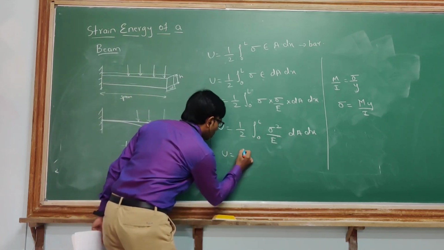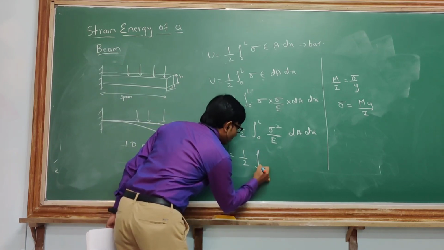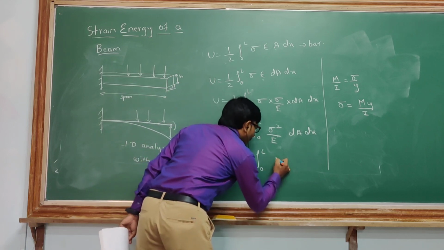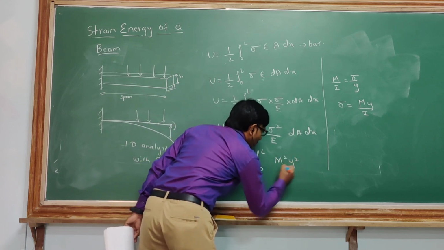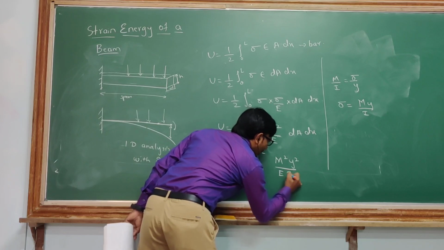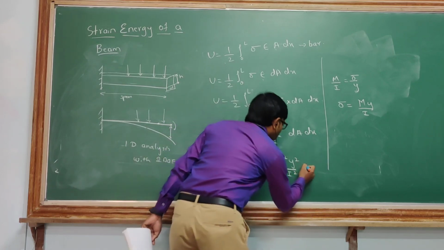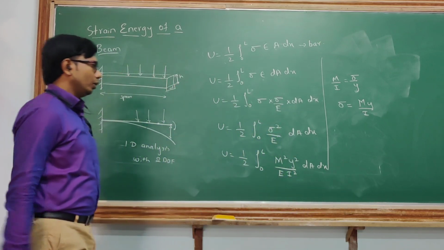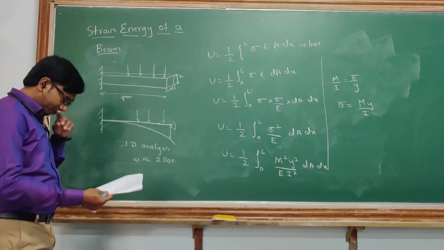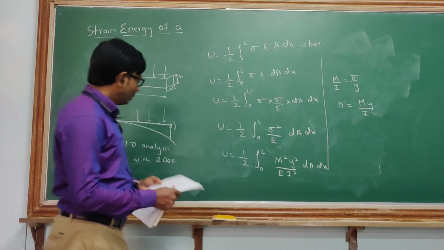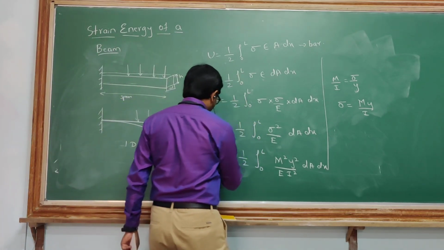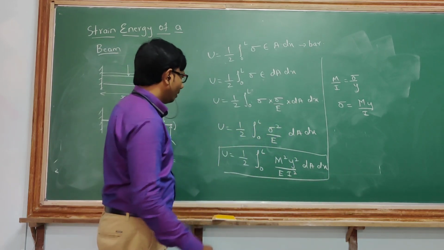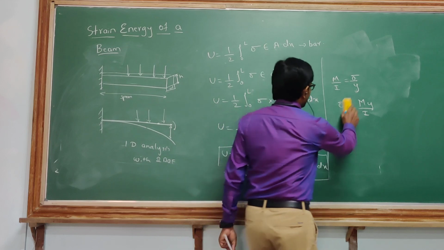So U is equal to half into integration 0 to L. So sigma square will be M square y square divided by E I square into dA into dx. Okay. So now we have got this particular equation, we can still modify this. How to modify this is, if you see this